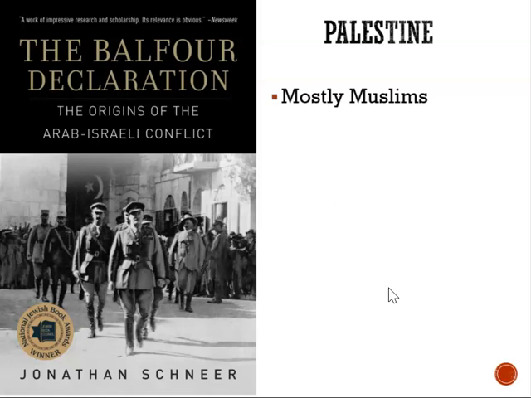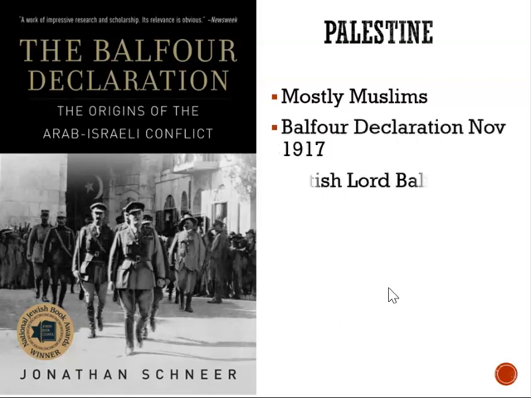Now, another major issue is the Palestine question, right, what the British are going to do with Palestine. They end up having a lot of troubles there because there are Arabs there, but Jews want to come in. The Zionists want to come in and control this area. So here is just a book cover, the Balfour Declaration, the origins of the Arab-Israeli conflict, and certainly conflict with the West. Well, most of the people living in Palestine, that area we might call Israel today, and Jordan, I suppose, were